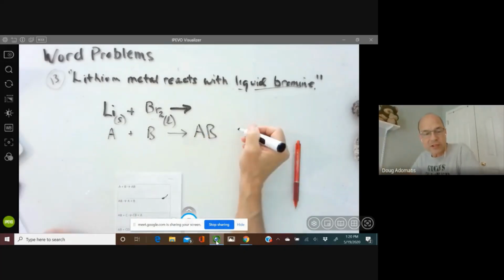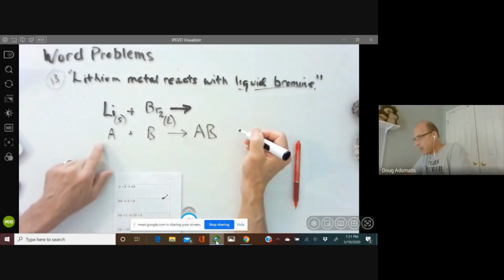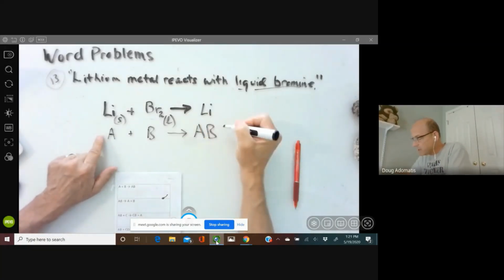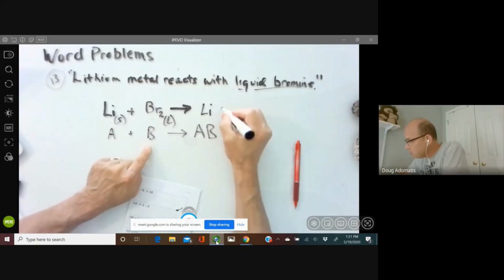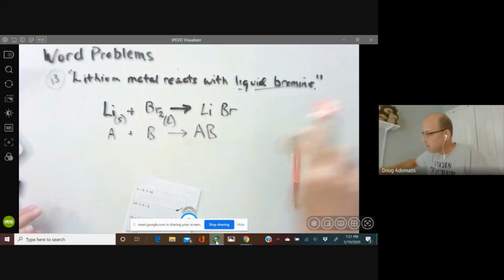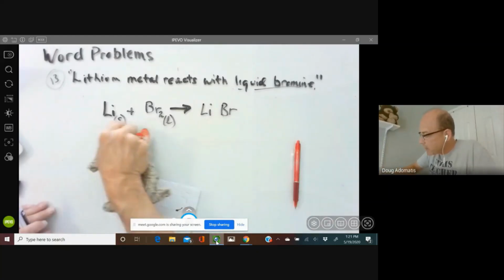So this is like your secret decoder ring, right? Every time you see an A, you write lithium, and every time you see a B, you write bromine, okay? So lithium and bromine are going to react together